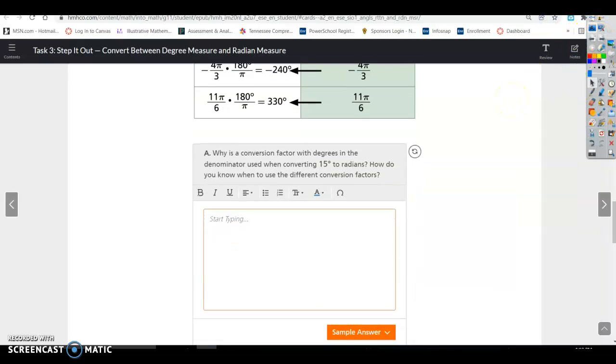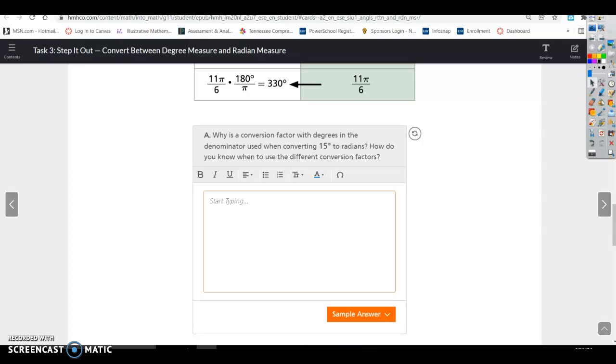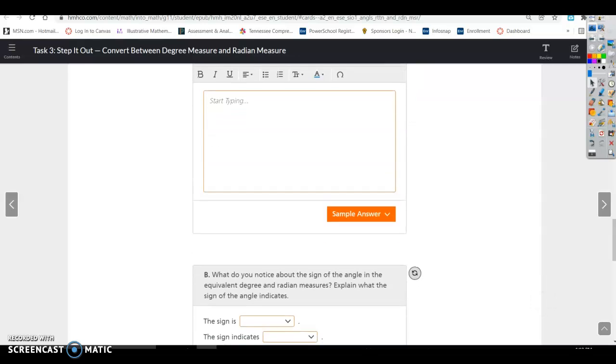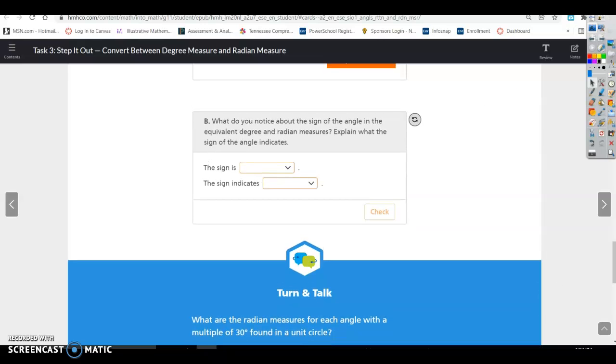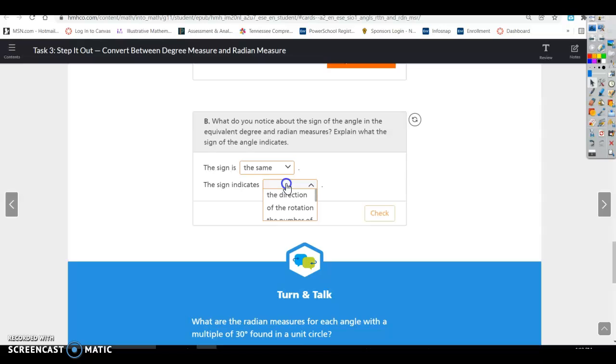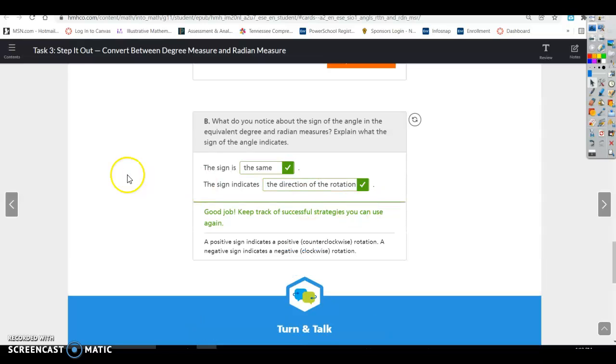All right, so it says, why is a conversion factor with degrees in the denominator used when converting 15 degrees to radians? That's just the difference in going from adding pi or getting rid of pi. What do you notice about the signs of the angle? The signs are the same. The sign indicates the direction of rotation. All right, so I went through that last